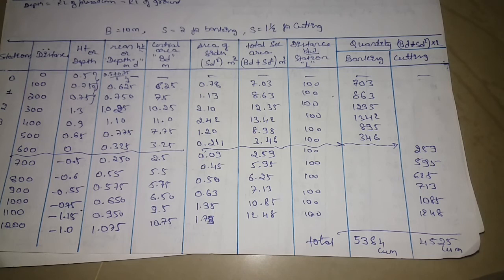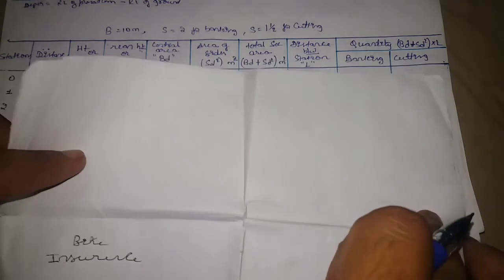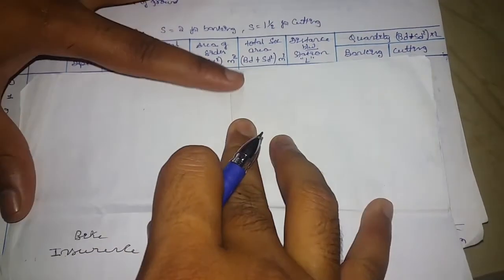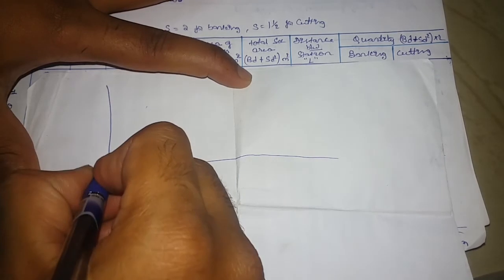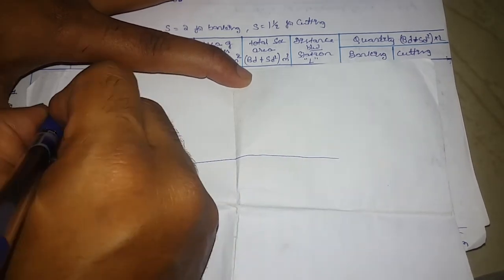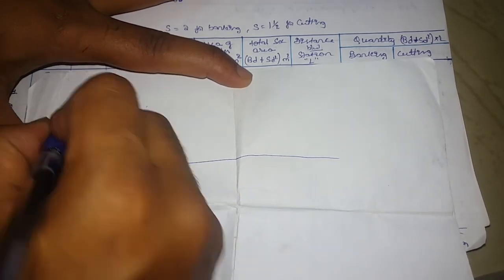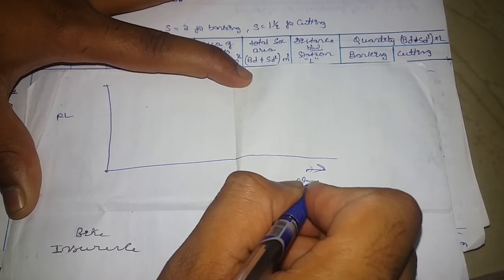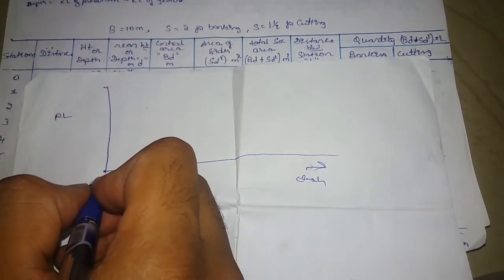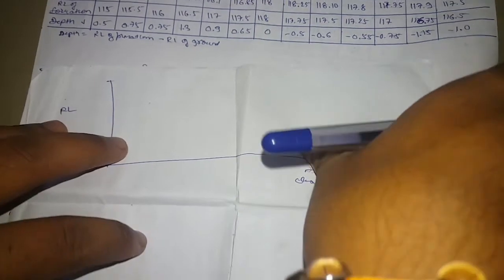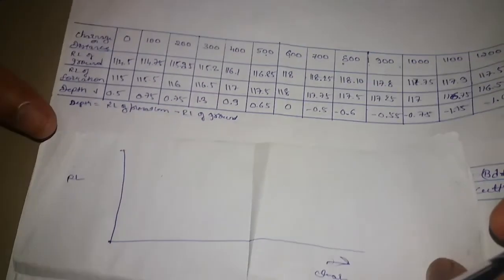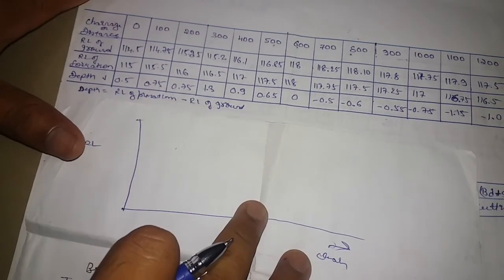Okay, and I think you have done this value exactly in the extensive survey also. Meanwhile, I'm going to show you how this exact graph will look. So this is a profile of the ground, and this will be your chainage. Sorry, this will be your RL, and this will be your chainage. So for 0, how much did you get? Yes, you see this table. I just drew a small different graph for understanding purposes.